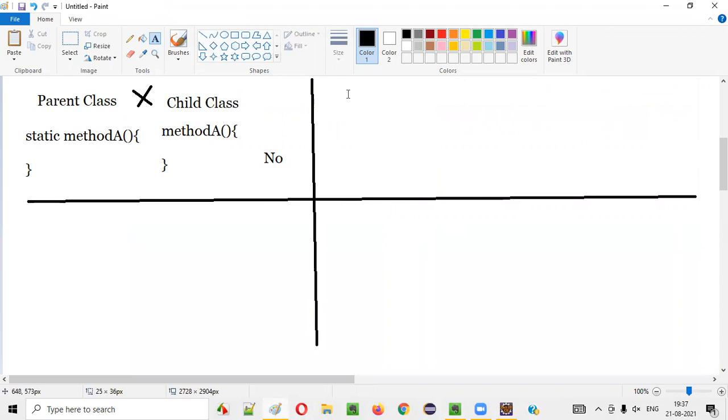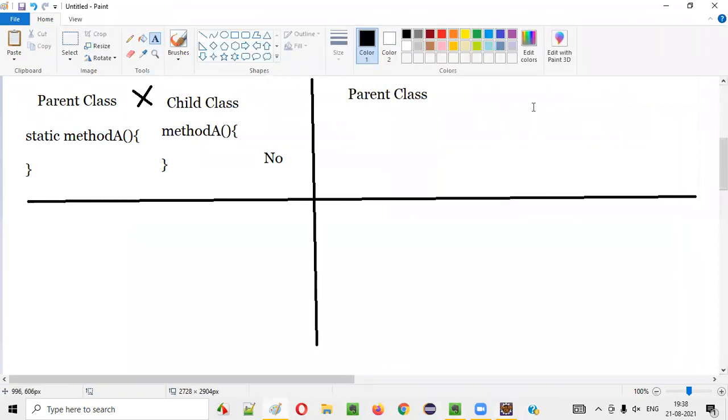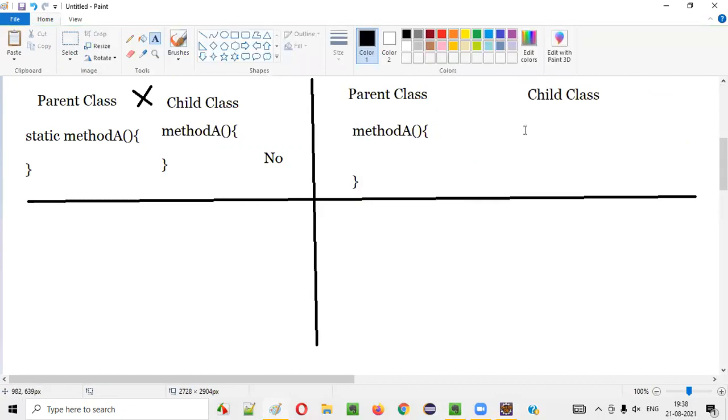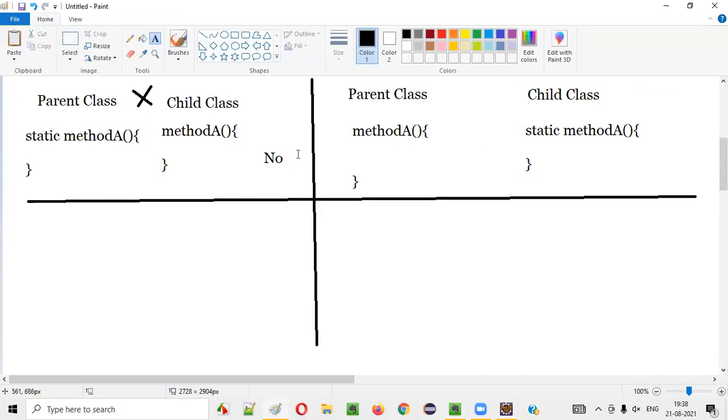Let's go with the next combination. In the parent class, and here there is a child class. Here I'm creating a non-static method in the parent class. Can I create a static method having the same name as the non-static method in the parent class? Is it possible?